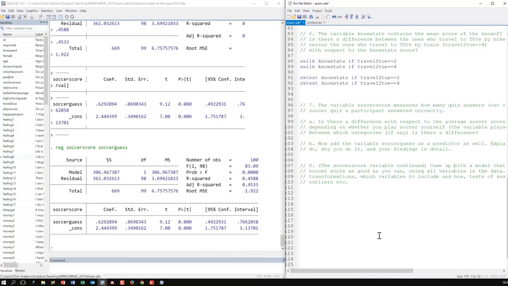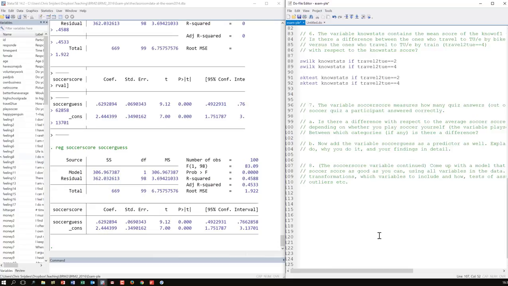Okay, anyhow, the final question was, well, you now have a really large data set to come up with predictors for that soccer score that you have over there. Okay, just do it. That was the idea. So the first thing to do would be, well, it would already be a good idea to write